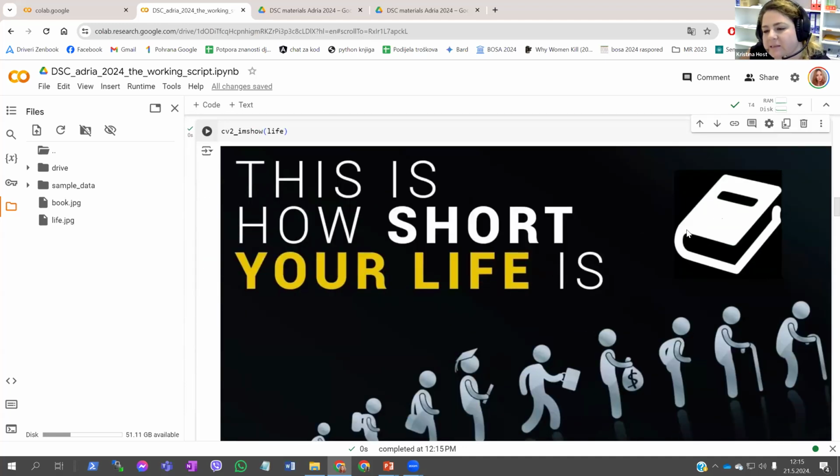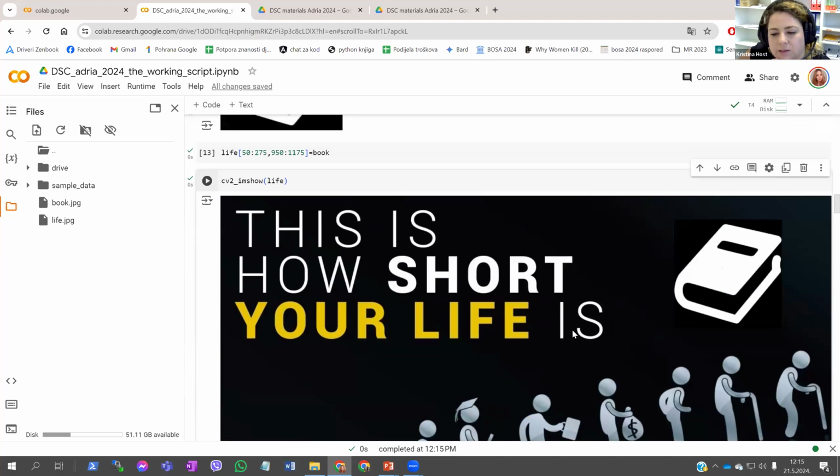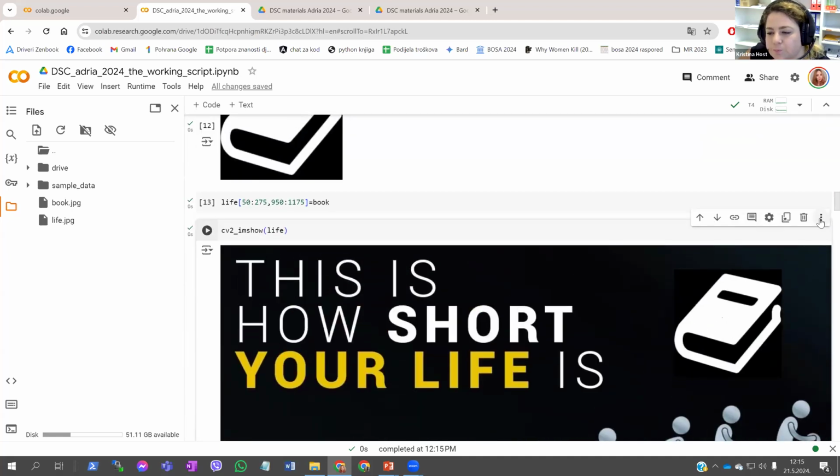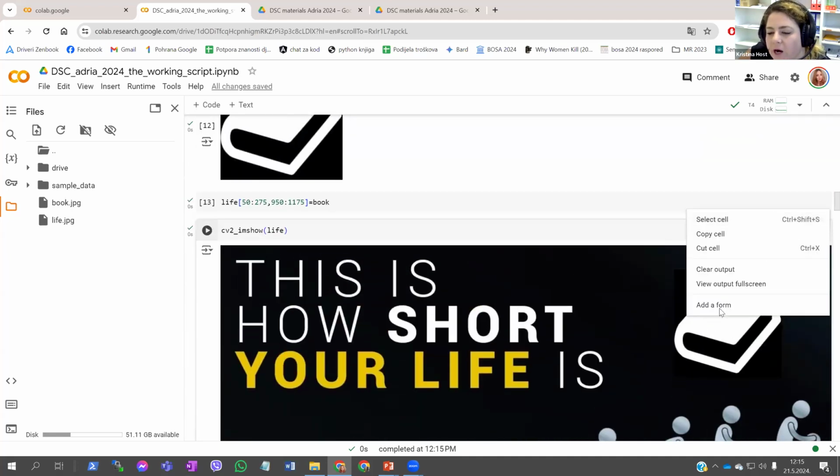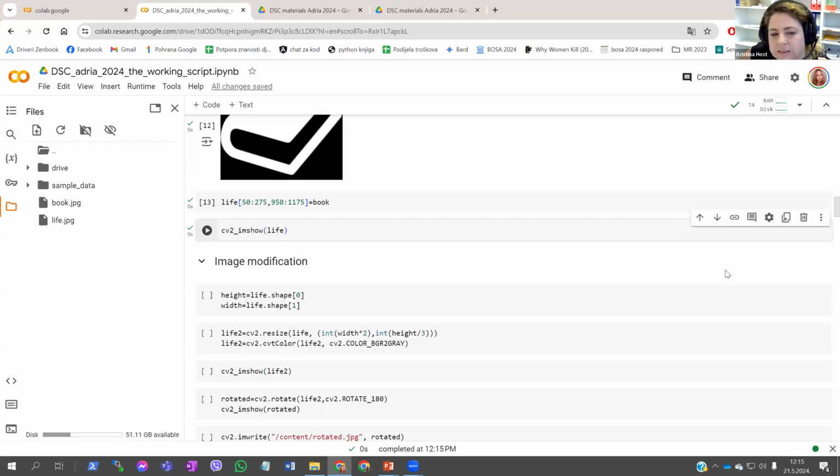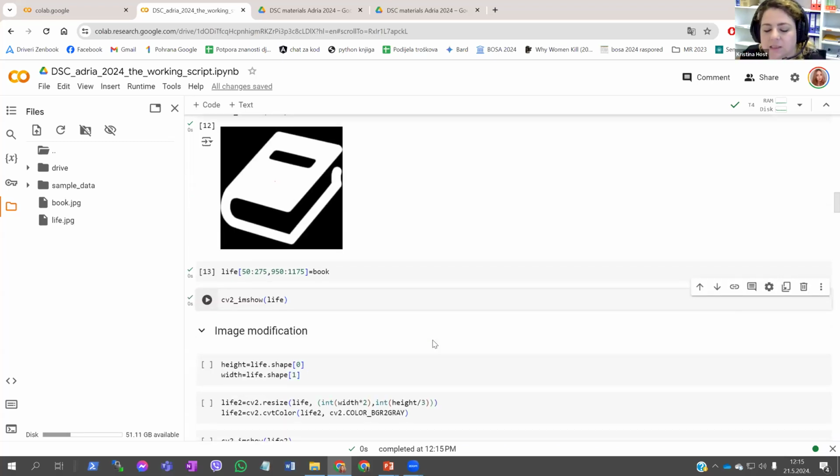So we have added this book inside our image. Why are we doing this? Is to see that you can change your pictures. And why is this important? Because neural networks need a lot of data to train. And any modification you do on the images can be some data augmentation, and you can increase your